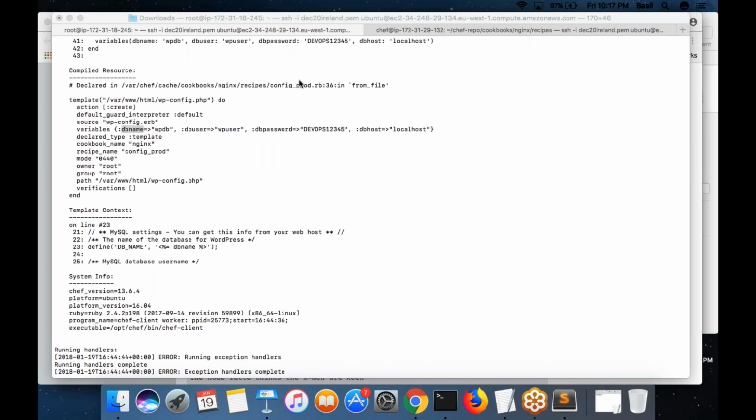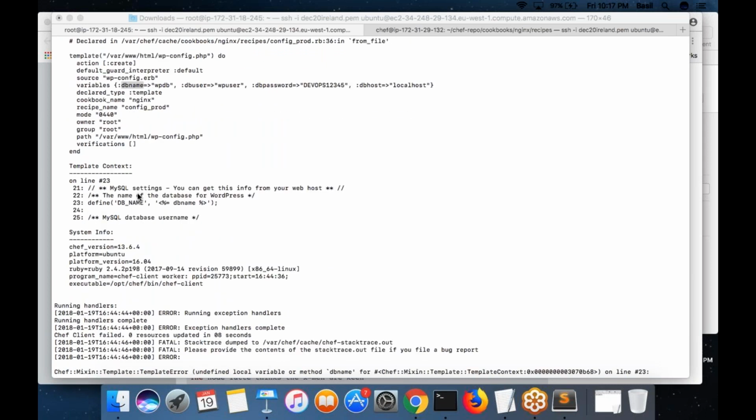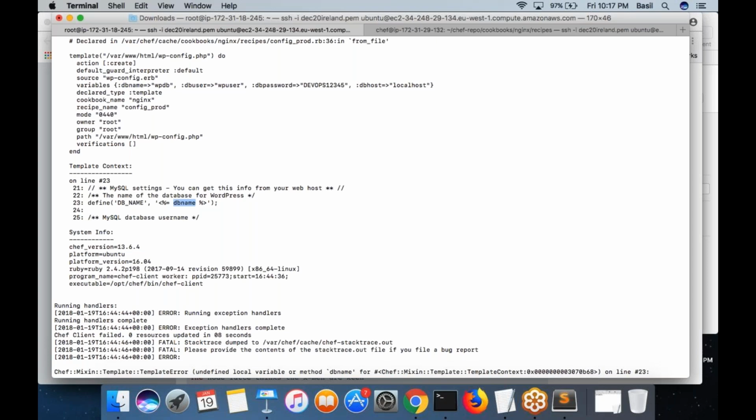I couldn't get it. Template. So it is not able to take the DB name, that is what the error says, but we defined it correctly.